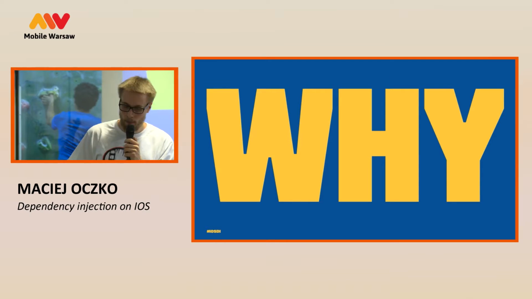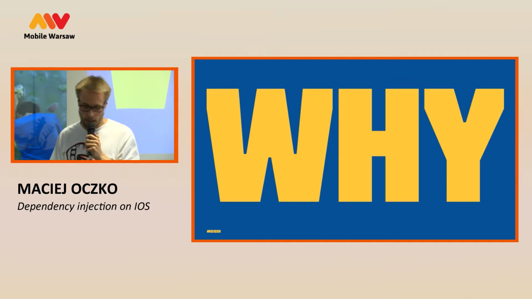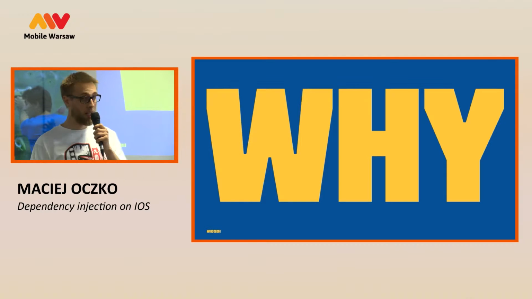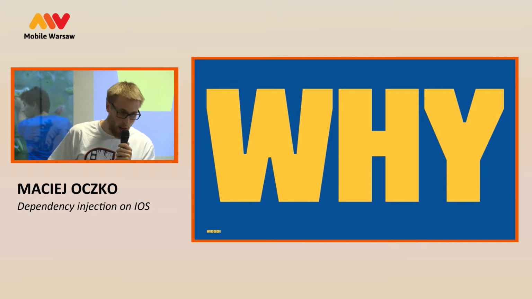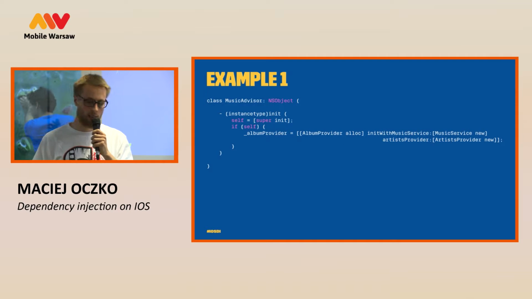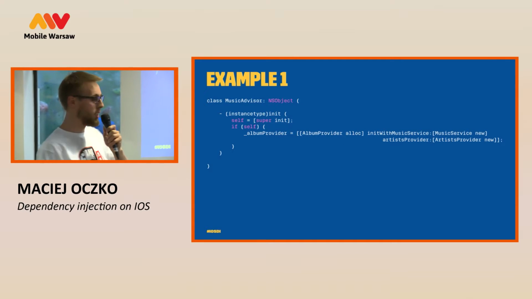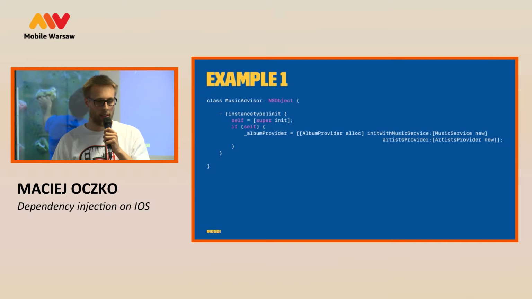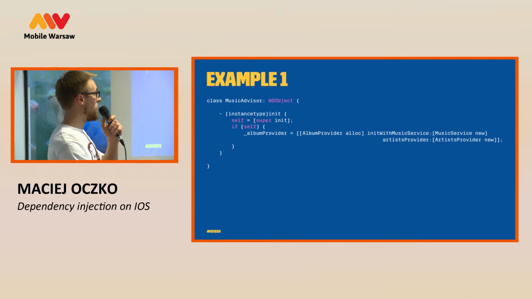Why should we care about dependency injection? And I will talk with some examples. Let's do it quickly. I believe that it will be probably very obvious to you that this code is not very good